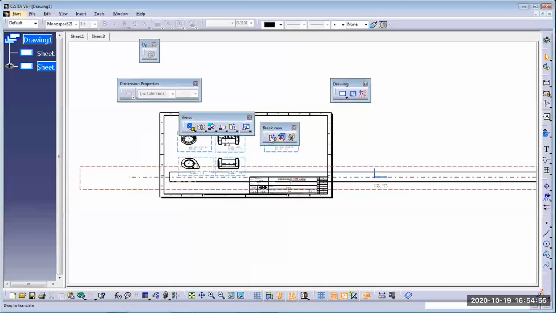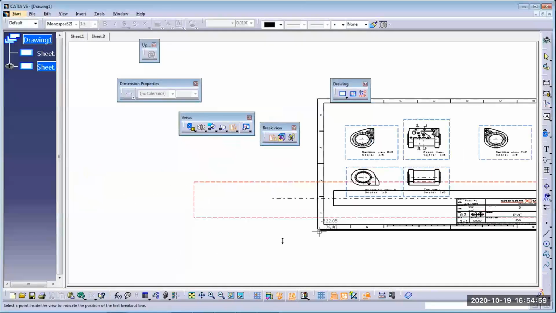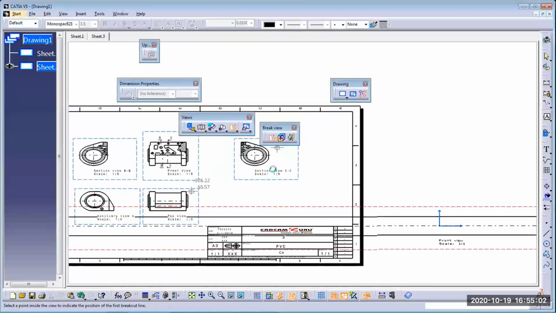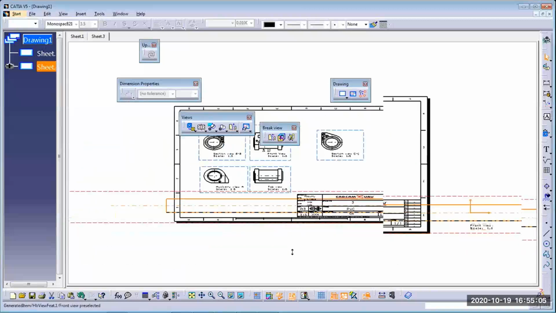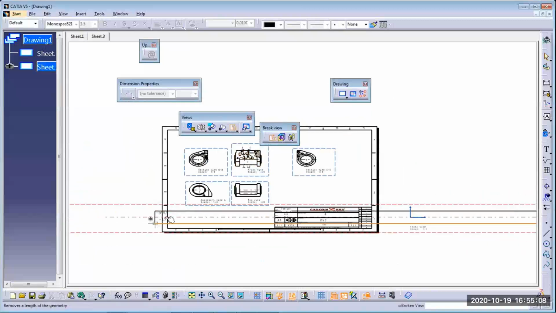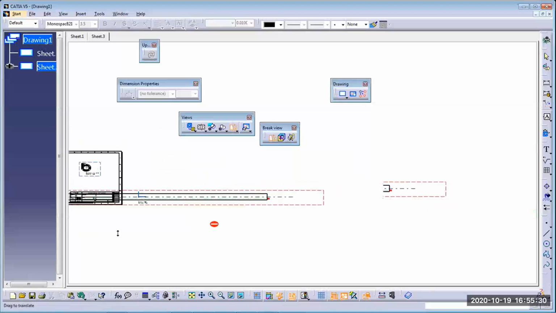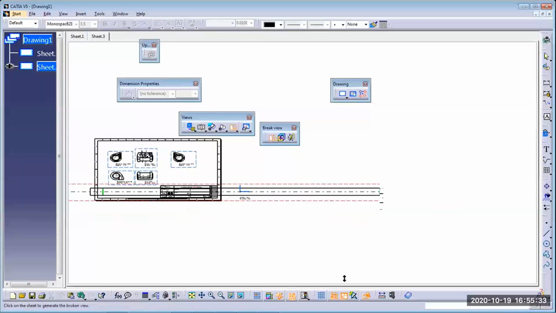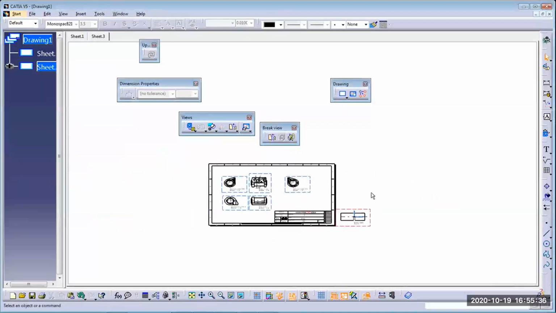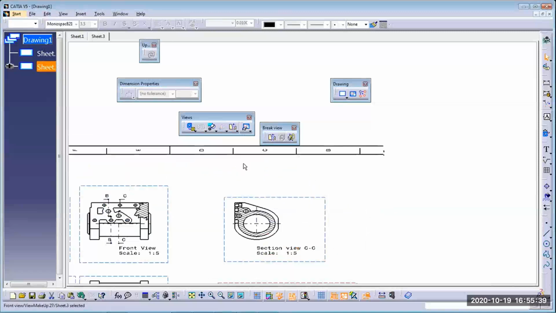Okay, so I'm taking this broken view. Slightly I move this. Okay, select this line, click over here. Now it is asking, as per your mouse movement, vertical line and horizontal line, how you want to break. So I'm clicking this vertical. Once this message appears, vertical, click over here and then the next distance up to this, and then click on this space. Now you can put it over here.